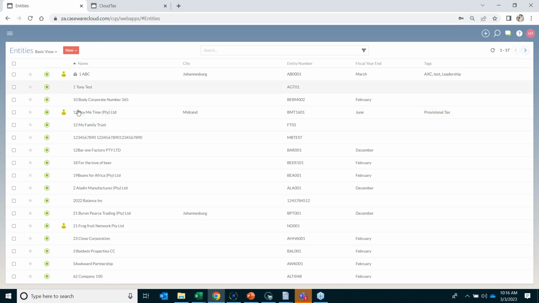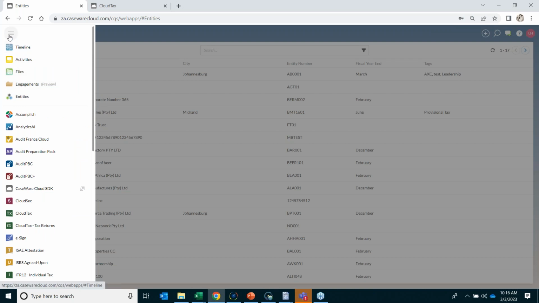So we can do a bulk upload of a spreadsheet with all of our client data and have those profiles for our clients visible. This means that we are saving a lot of time and not capturing clients in duplicate for tax and then again for secretarial, and recapturing information over and over, which is a waste of our time. So hitting the menu button, going down to CloudTax,